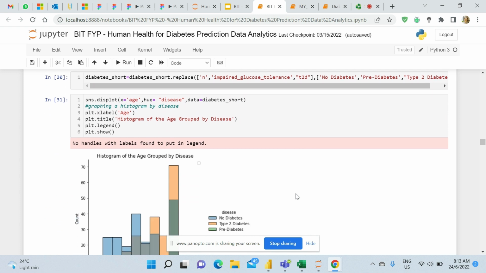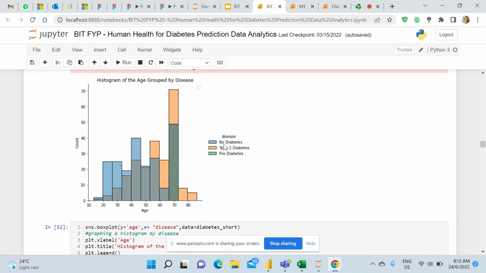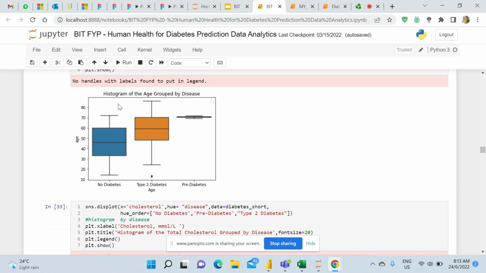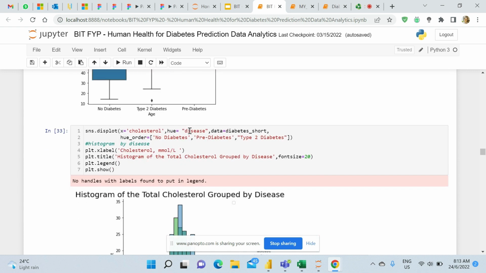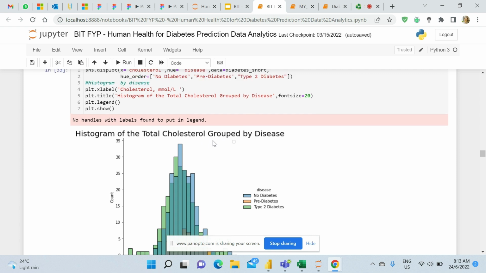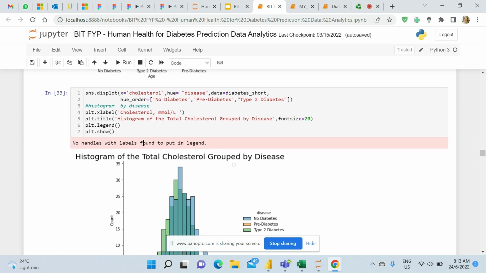Then from there, I will get the statistics, and this is grouped by age group by the disease. Like we have pre-diabetes, type 1 and type 2, and the blue color one is no diabetes. Then this is the calculation. Then this one is group age and diabetes by histogram box plot. And this one is named as total cholesterol level, all those things. Okay, you can see no handles with labels found to put in legend. Legend here, if you want to input something, then you can input